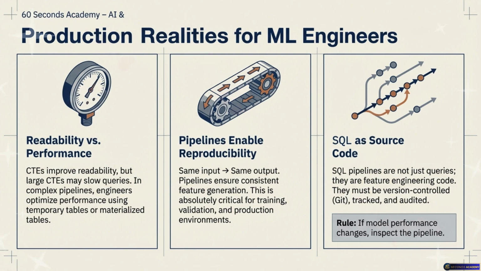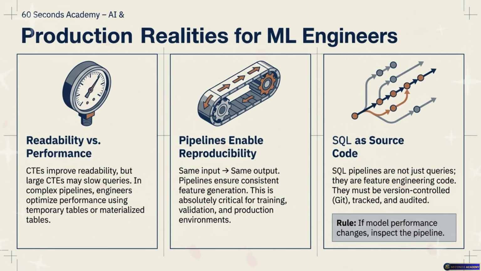Someone had gone into the SQL pipeline, looked at a CTE that filtered transaction amounts, and accidentally changed a greater than sign to a greater than or equal to sign. You're kidding. One character. Just one character. That one tiny typo on like line 450 of a SQL script allowed a flood of $0 authorization pings into the feature matrix. Oh, wow. The model learned from that bad data, panicked, and just started flagging everything as fraud. That is terrifying. It is.